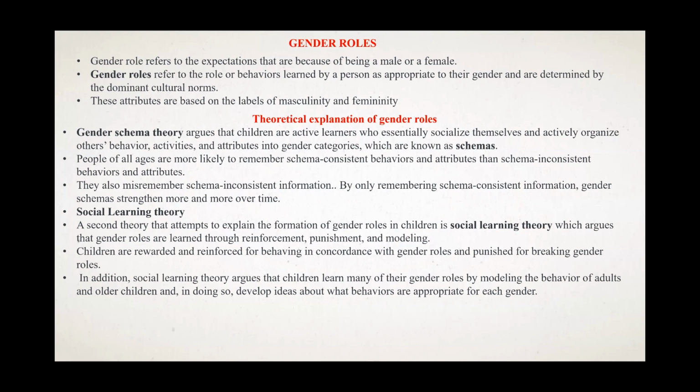Gender schema theory says that children are active learners who look, observe, and socialize themselves. They tend to sort others' behavior, activities, and attributes into gender categories known as schemas. It is said that people of all ages tend to remember the information which is consistent with the